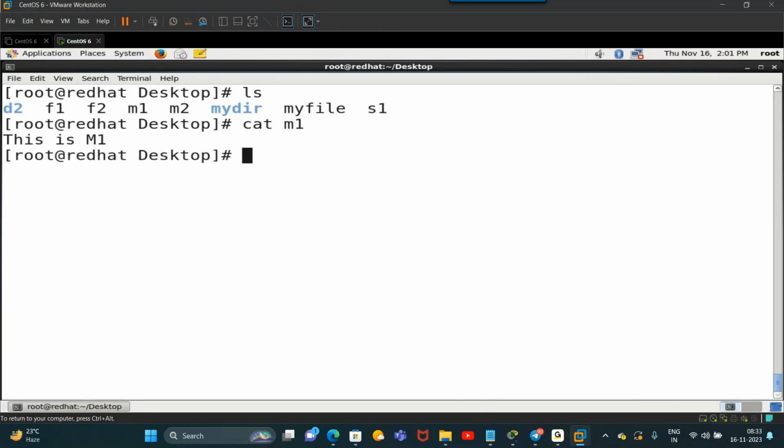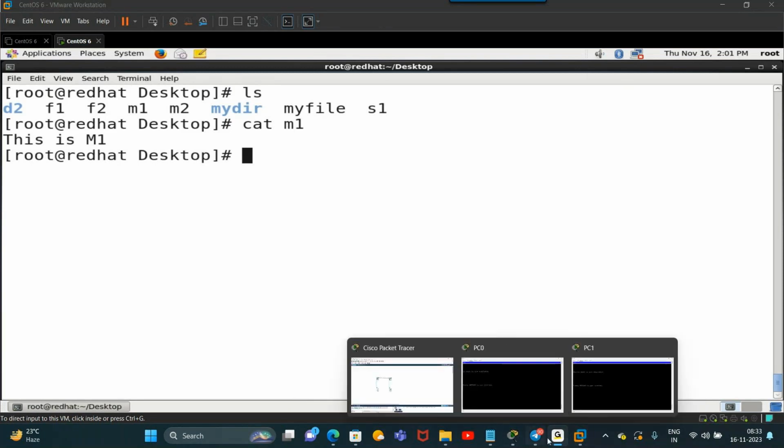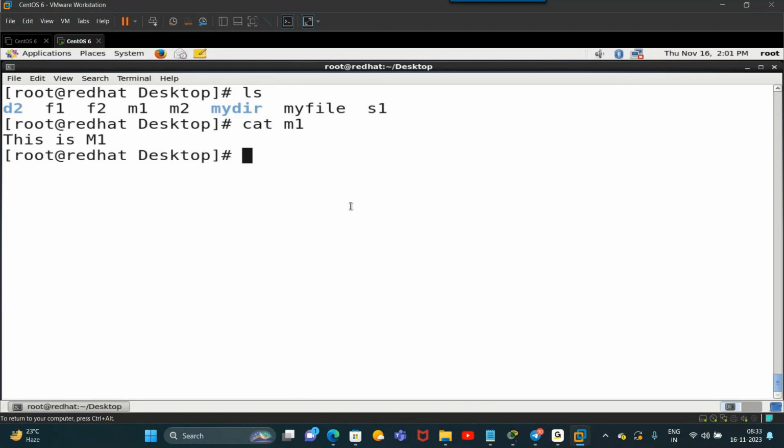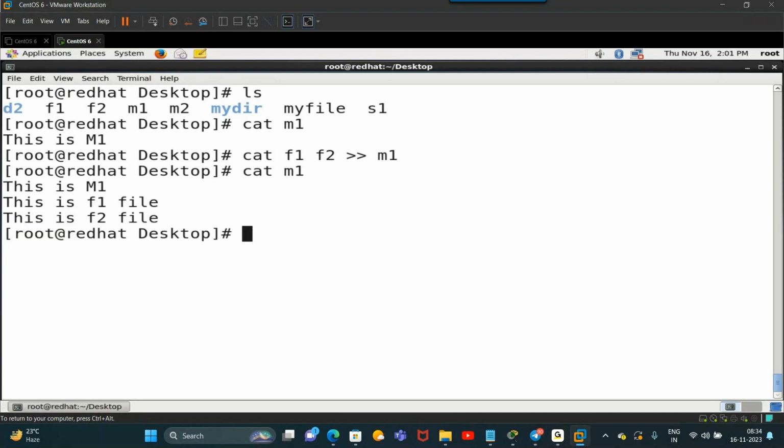M1 is my old file. cat F1 F2 double greater than M1. Exactly correct. cat space F1 space F2 space double greater than, because M1 file is an existing file. Now if you see cat M1, it will show the content of F1 and F2 also in the M1